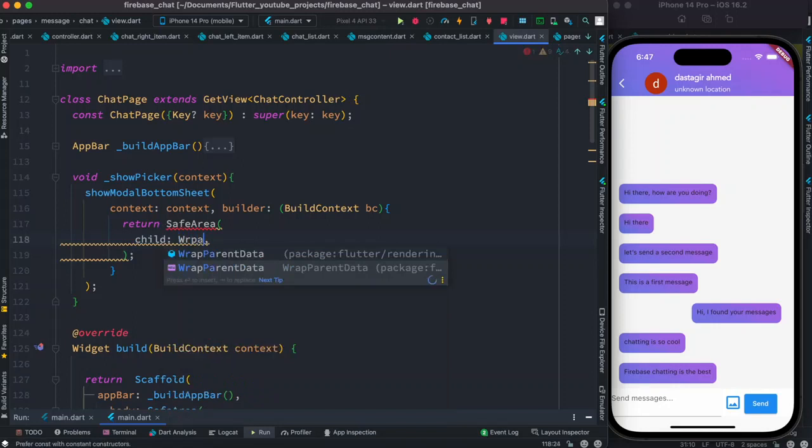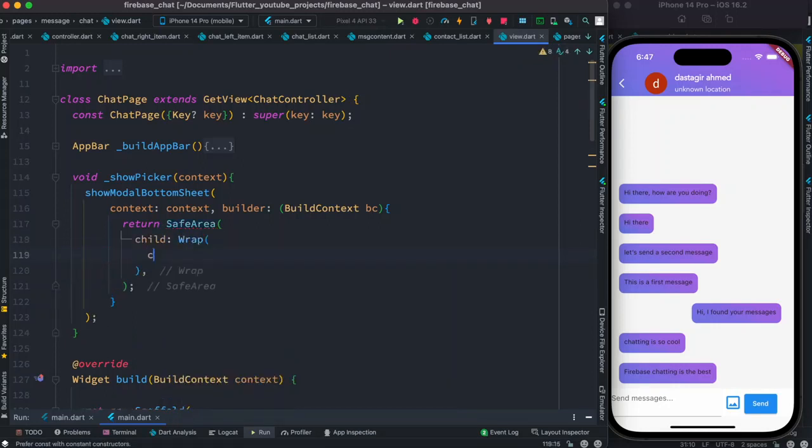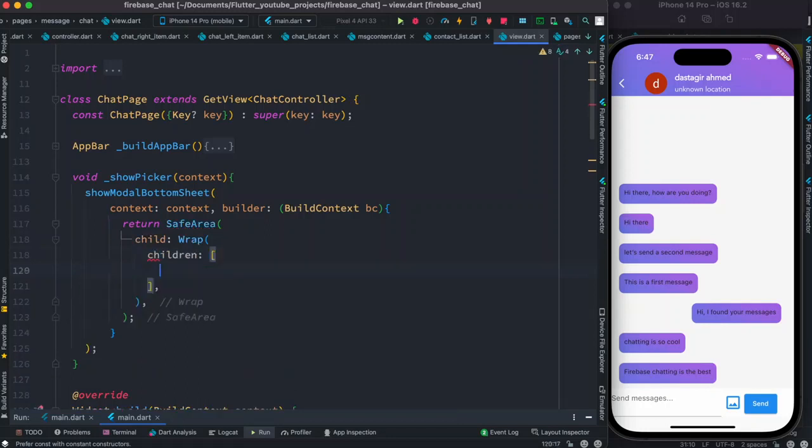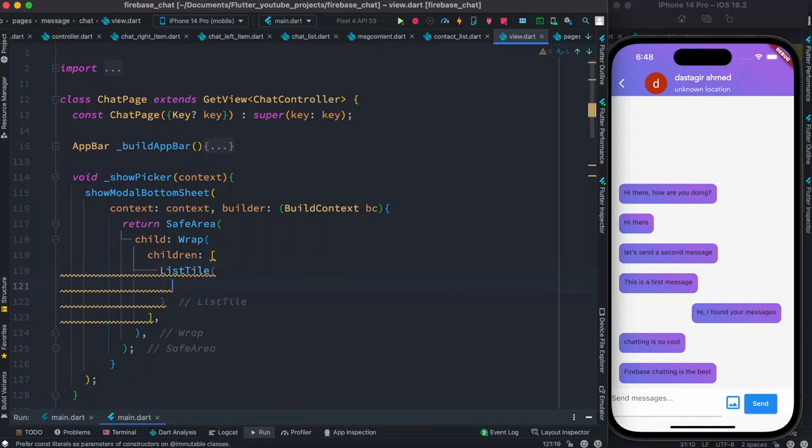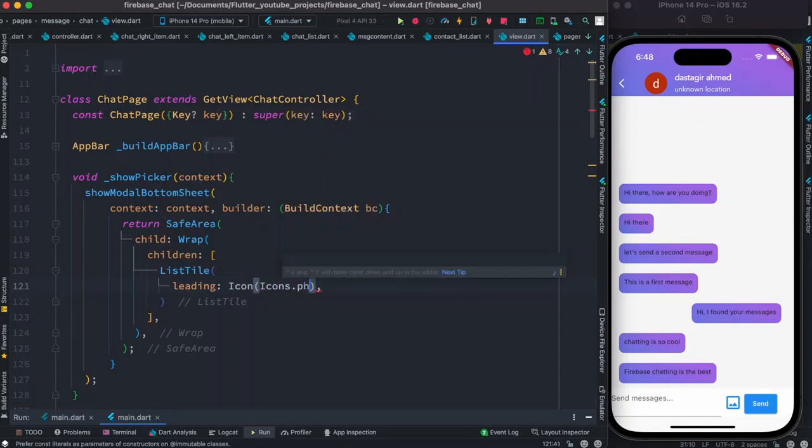And here we'll use a wrap widget to wrap things. Now, inside this, we'll have children. With wrap, we'll be able to put things vertically on top of each other. Now, first one we'll use list tile, and here leading, and inside this we're going to use icons. So here icons dot photo library, this one,